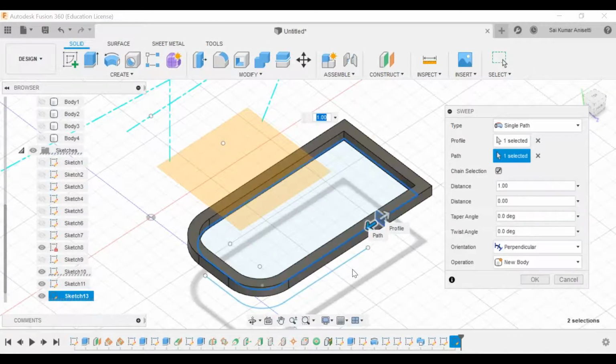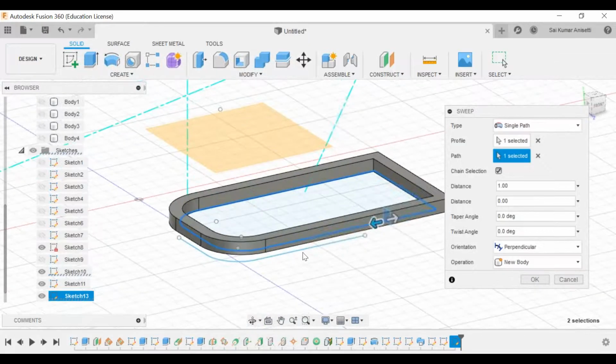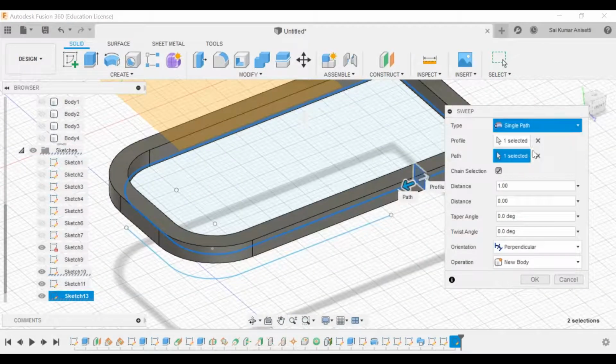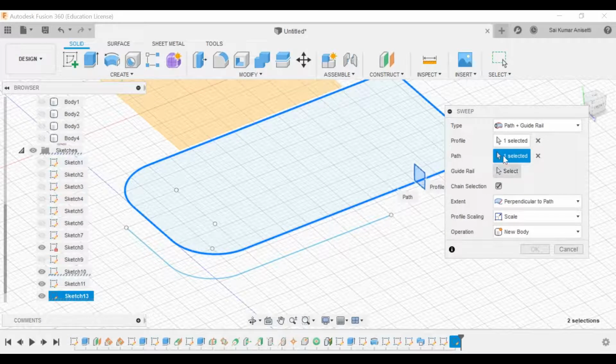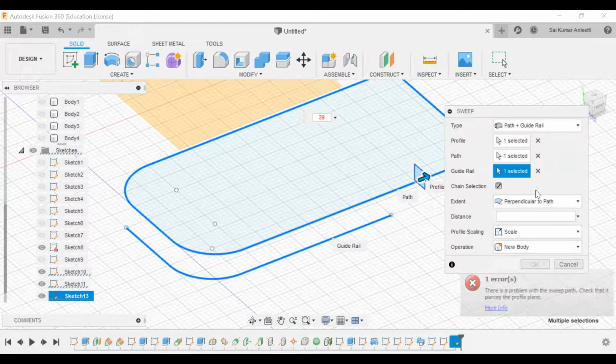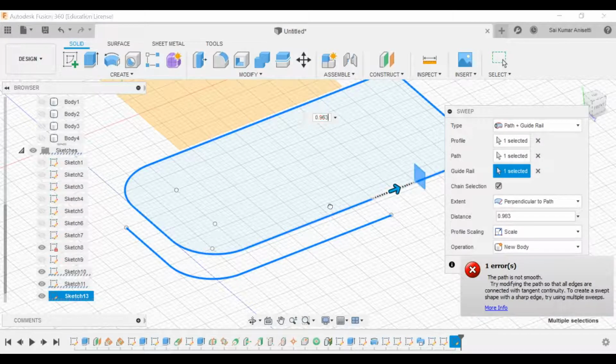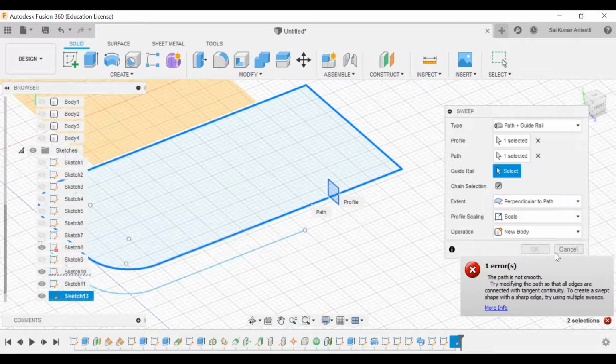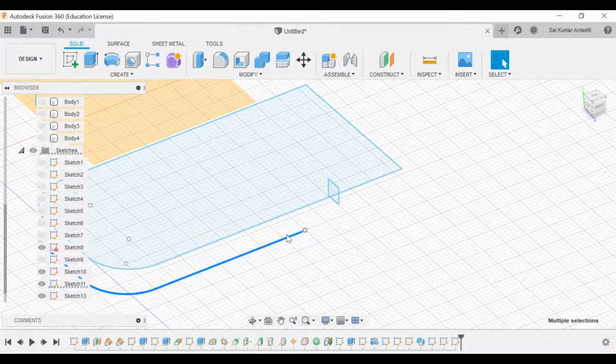We take this path, and over here, instead of single path, I'm using a guide rail, this line. Distance I'll be giving as 30, 39. It's not taking. The path should be even longer.